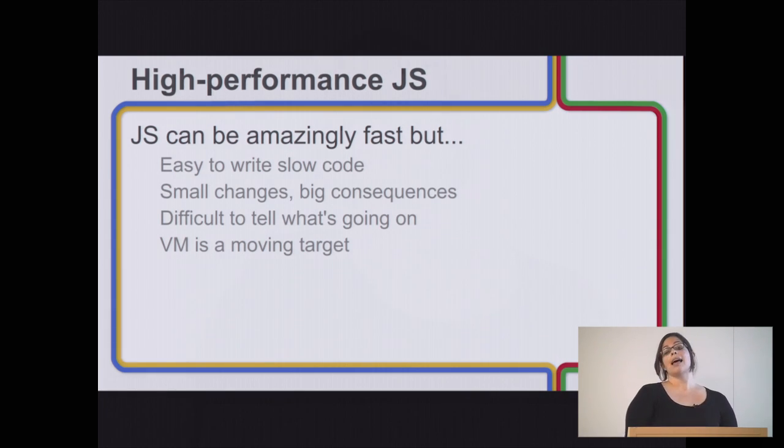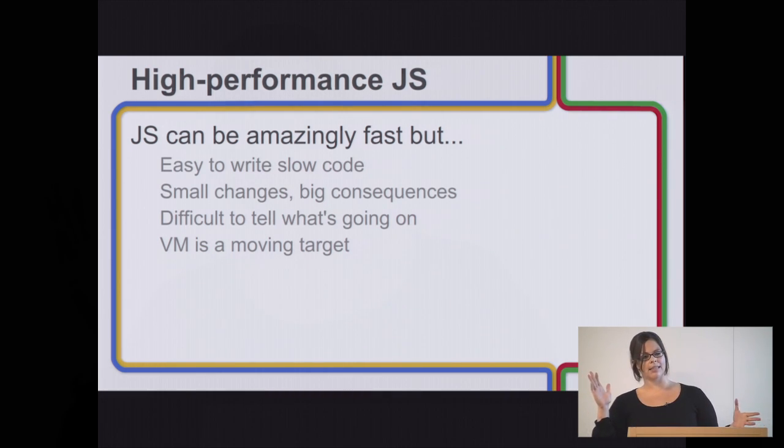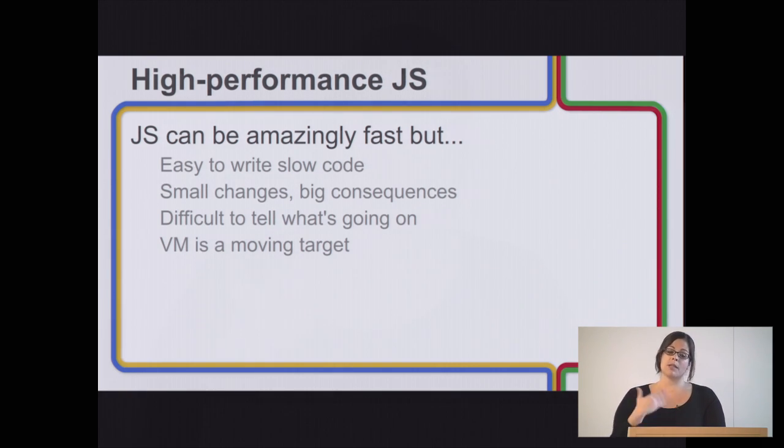The problem is that it's just really easy to write bad code in JavaScript. And there are a ton of examples of bad code in JavaScript that people tend to follow as patterns. So not only is JavaScript performance sort of squirrely, in that it's hard to tell what exactly is going wrong, or small changes in your JavaScript can have really, really big performance implications, and that information isn't really surfaced all that well to you as a developer. But on top of all that, the VM itself, the actual virtual machine that's executing your JavaScript, V8 in Chrome's case, is under development too. So something that was slow yesterday might be fast today. And so you have to keep all of this in your mind as you're trying to write high-performance